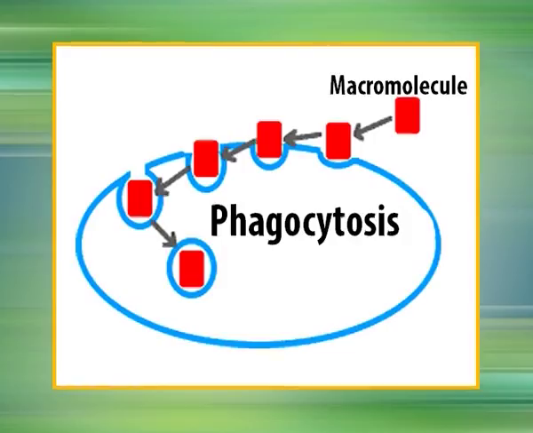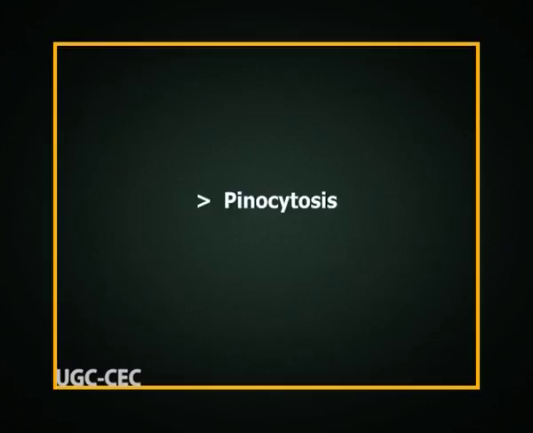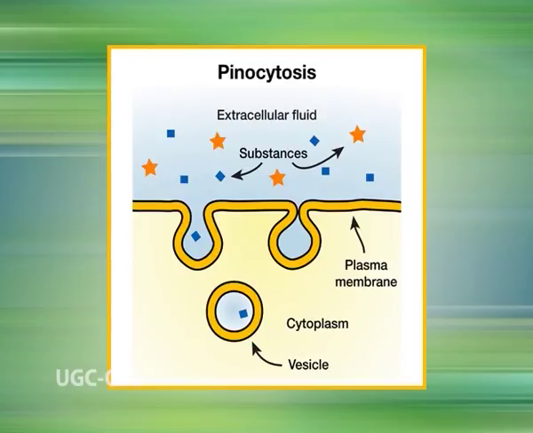Now, pinocytosis. Pinocytosis involves the ingestion of fluid and solutes via small vesicles which are less than 150 nanometers in diameter. Uptake of material dissolved in extracellular fluid during pinocytosis occurs both selectively as well as non-selectively. Selective and efficient uptake occurs when solutes are captured by specific high-affinity receptors, that is receptor-mediated endocytosis.